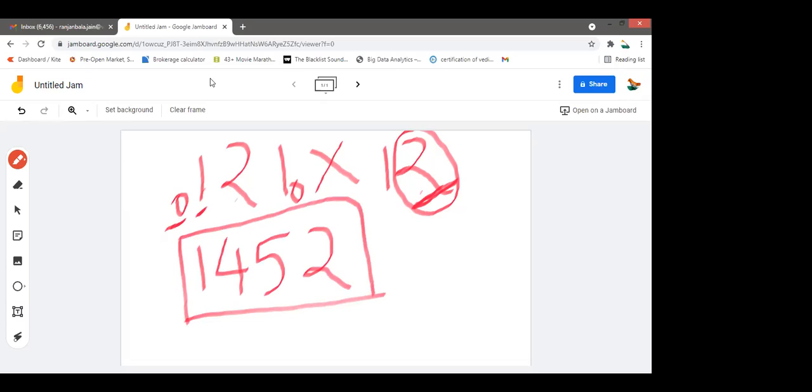What I have done? Now in case of 12, I am multiplying each digit by 2 and adding with the next digit. Means addition will always be there. Only difference is that each digit is multiplied by 2 now, right? So 2 zeros are 0 plus 1, 1. 2 ones are 2 plus 2, 4. 2 twos are 4 plus 1, 5. 2 ones are 2 plus 0, 2. So simple, easy, isn't it?